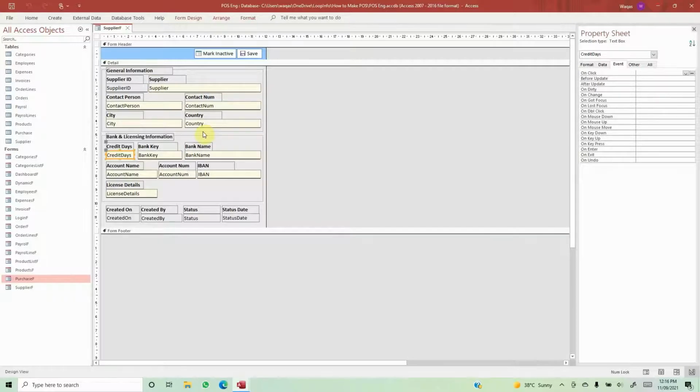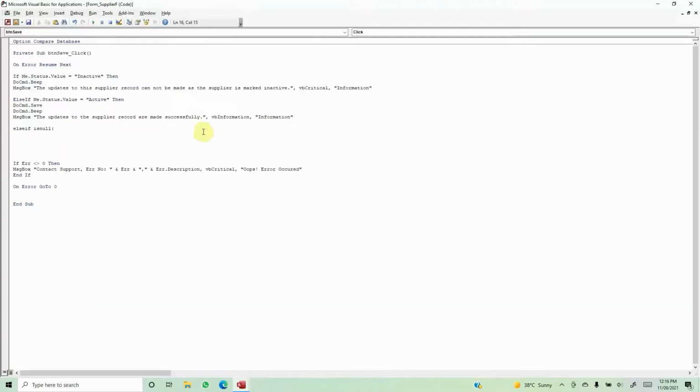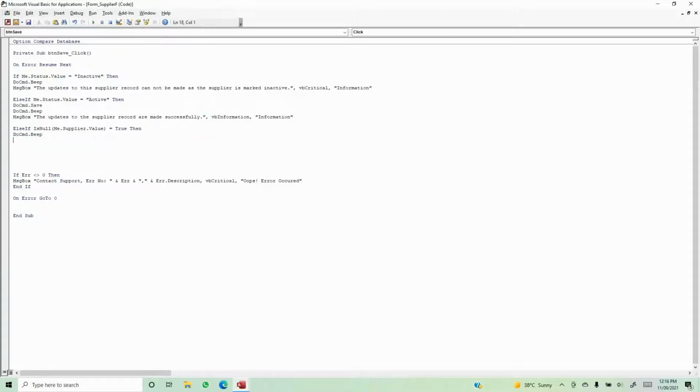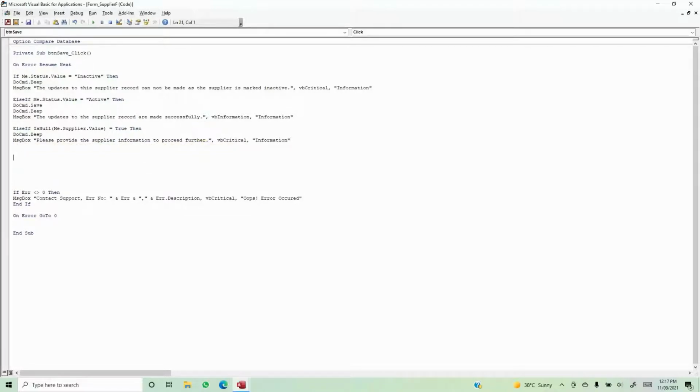So is null is the operator. So is null me dot supplier dot value is equal to true, then to cmd dot beep message box, please provide the supplier information to proceed further. Okay, and this should be